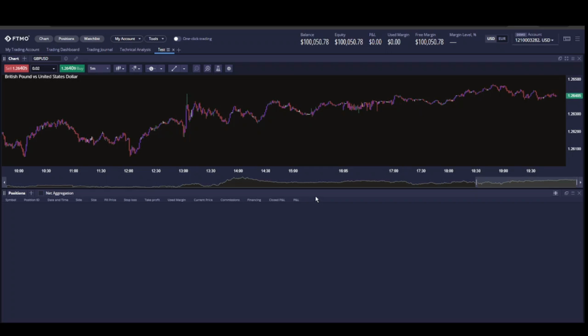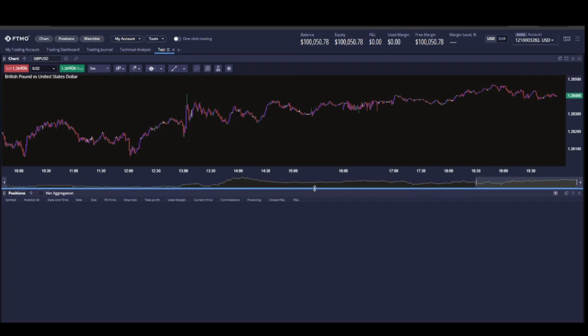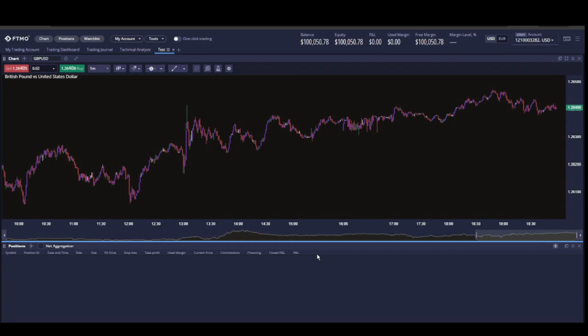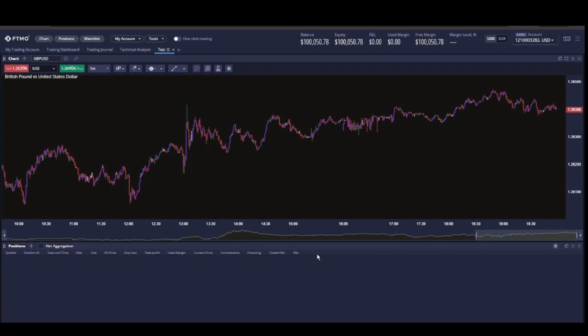Now I'll adjust the screen size so we can make chart window bigger. Okay. Today I found another feature that I would like to share as well.